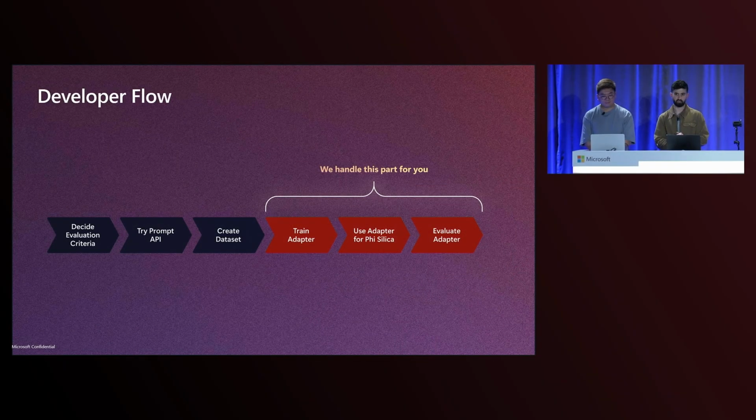To recap, the way you'd want to go about any language models application development flow is first, you want to decide your evaluation criteria. For Project Spark, it was the response length and format. Then you want to try the prompt API as is. If it works for you, great. If it doesn't, then create a data set for how you'd like the model to respond. For the data set, you can either use your company data or you can use a cloud LLM to create this. Then you can train the adapter in AI Toolkit, as Jethro just showed you. And finally, you can use it in your app.